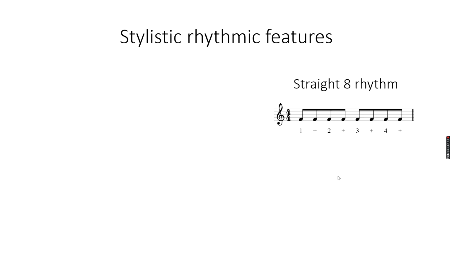Now this could happen in the keyboard part, so I'm going to play straight 8 rhythms in my right hand, in the higher part. Or it could actually be in the drum kit, where we have the cymbals playing along, going tss, tss, tss, tss, tss, tss, just keeping that rhythm going. So the straight 8 rhythm is used quite often in pop, more often than not you'll find it there, and it just keeps it going. It's a bit of a driving rhythm, keeping the music chugging along.